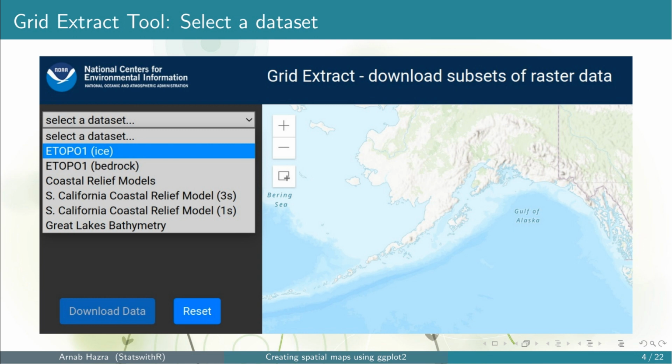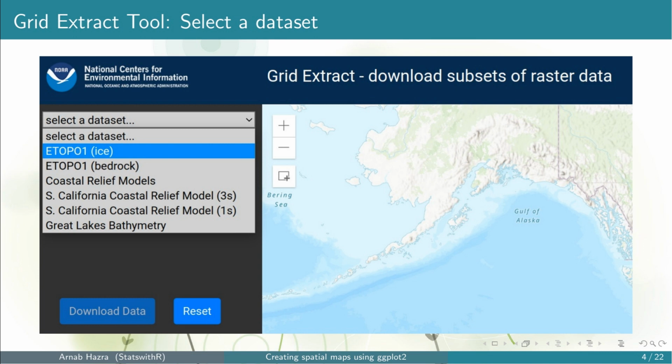Once you click on that link, now you can choose a database you want to use. Here we consider the first one, ice. This means the elevation above the top of Antarctic and Greenland ice sheets. To study the difference, you can download the second dataset, that is the elevation above the base of the Antarctic